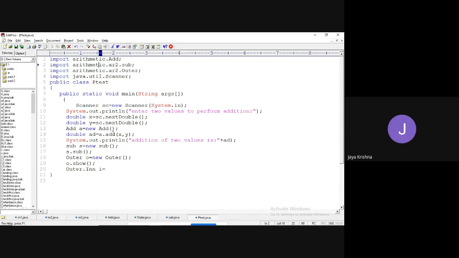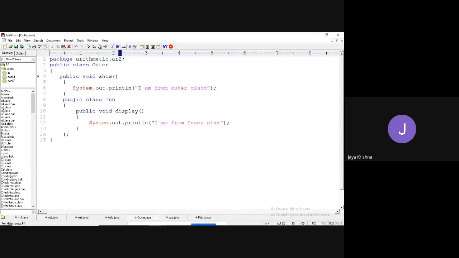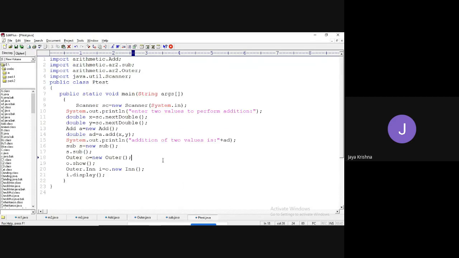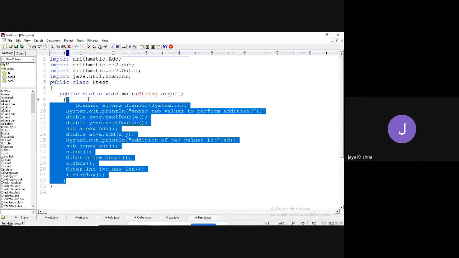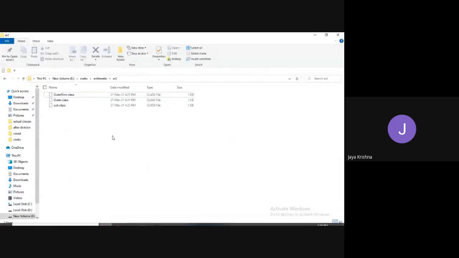Now, if you want to get the inner class file through this object, you need o dot new, and I will simply call i dot display method. I dot display method. See, observe. Okay, in class file. So through the object I can call. Okay, so this is the corresponding code. Just let me check once again whether our requirements are satisfied or not.